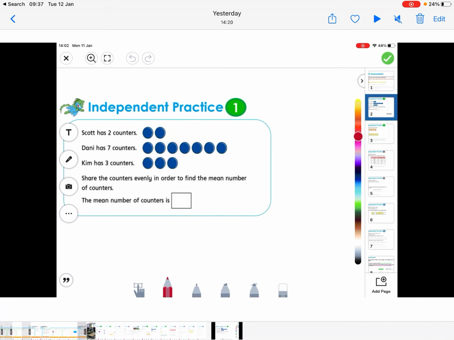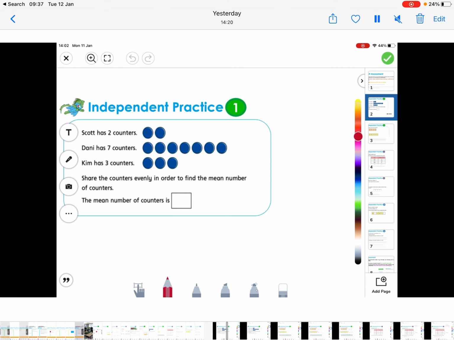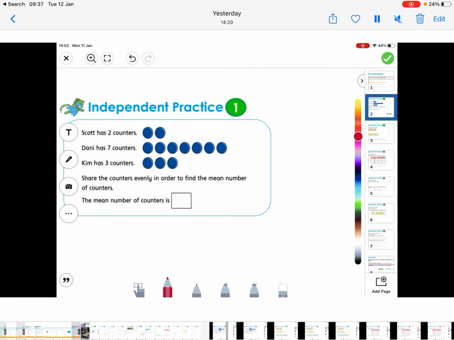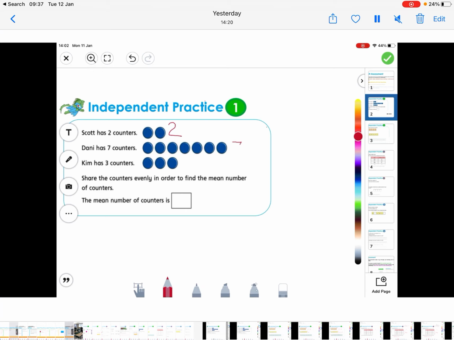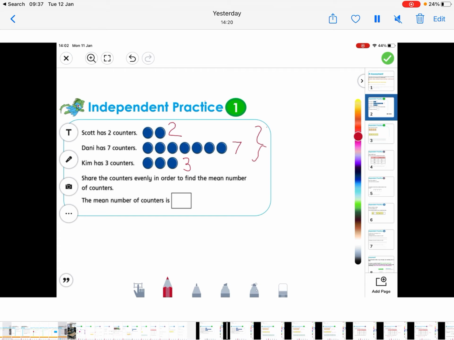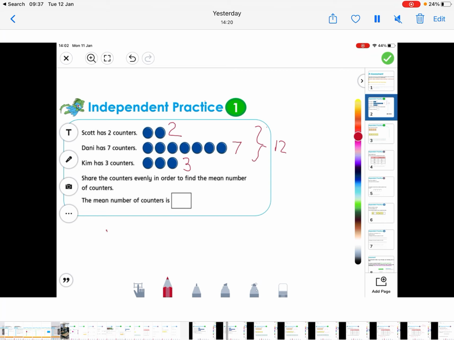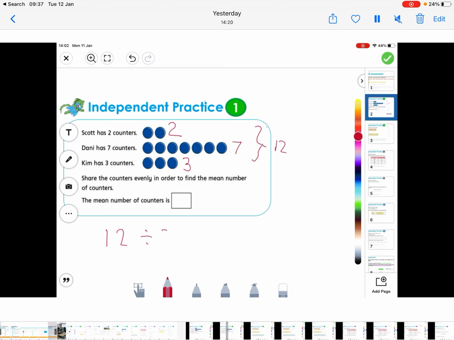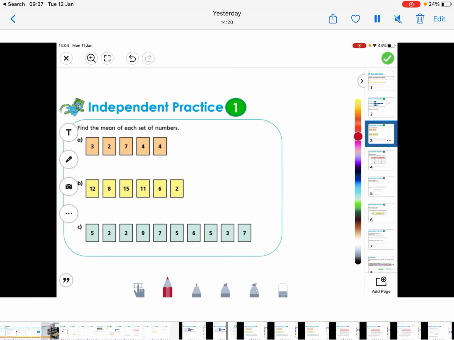Scott has 2 counters. Danny has 7 counters. Kim has 3 counters. Share the counters evenly in order to find the mean number of counters. Scott has 2, Danny has 7, Kim has 3. If we add them all together, we have 12 counters. We then have to do 12 divided by the 3 people, and we know that 12 divided by 3 is